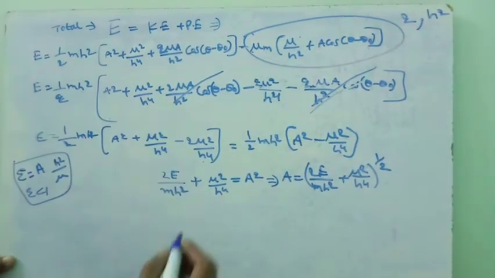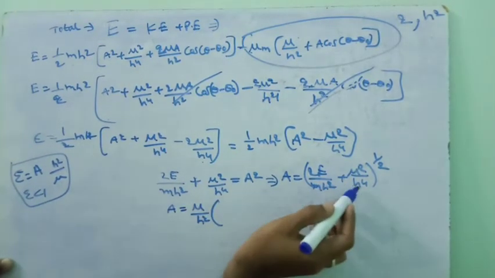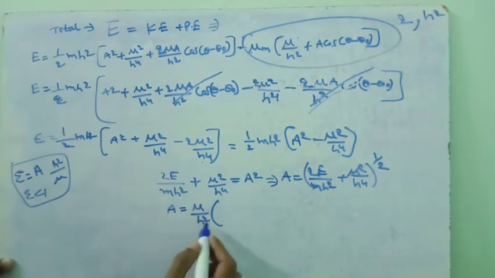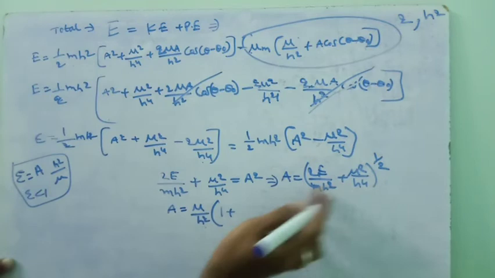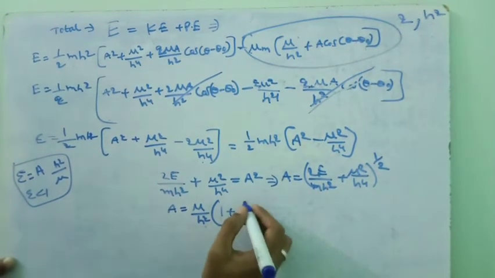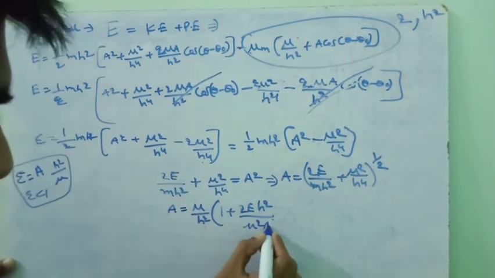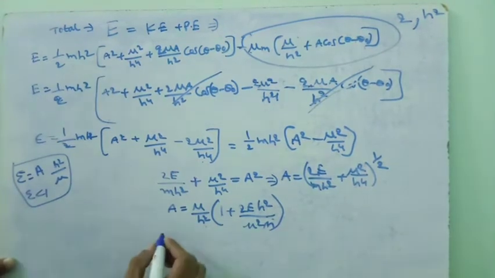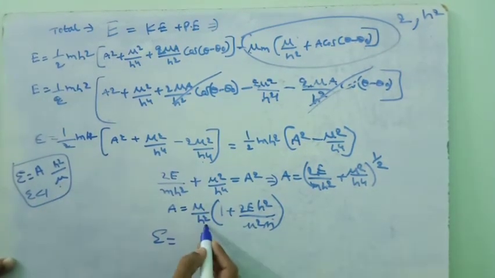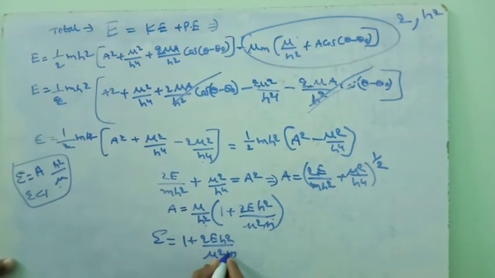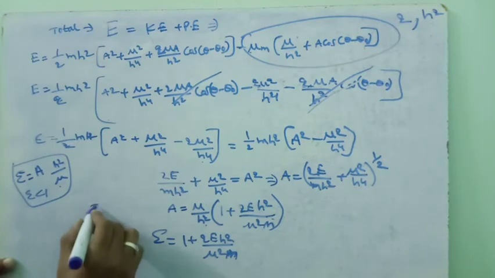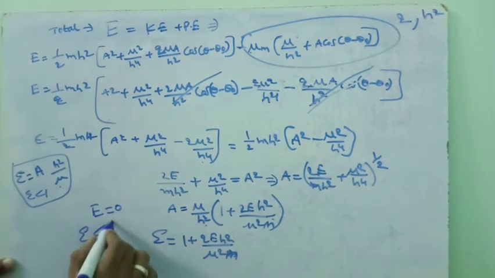From this we take mu square by h power 4 outside as common, the square roots get cancelled, mu square by h power 4 becomes mu by h square, here this value becomes 1, and this value becomes 2E, remains the same, with h square added, and mu square m. This is the a value. As we substitute it in eccentricity, this h square by mu and this mu by h square get cancelled, and finally only this value remains, 2E h square by mu square m. Here this E value represents the energy of the orbit. If the energy of the orbit is less than 0, then this eccentricity value becomes less than 1.